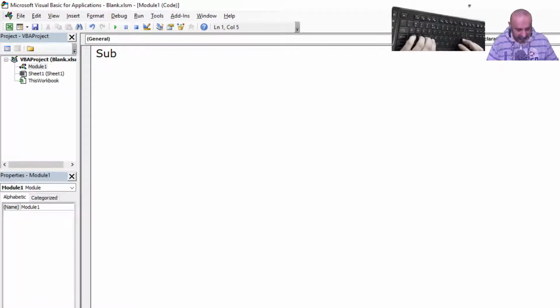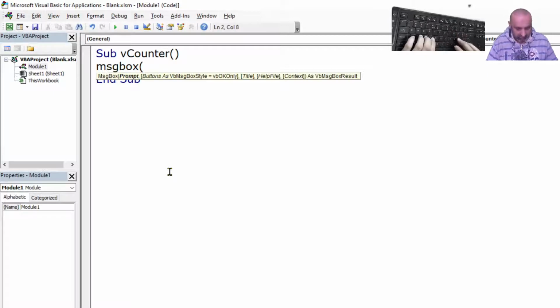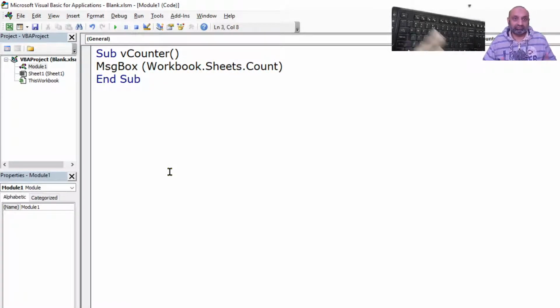Sub, let's say counter, MsgBox WorkBook.Sheets.Count. So this should give me the count of my sheets present in